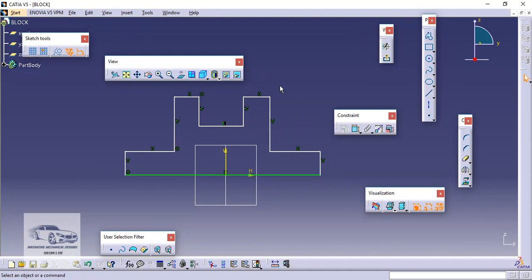Now again, this is a freehand profile. We have to constrain it, we have to provide it the proper parameters in terms of shape and dimensions as prescribed in the drawing. First, to start with, we will provide the dimensions given in the drawing. So here we have the constraint toolbar. In that we will select the option constraint for giving the dimensions, and then we will place the dimensions as